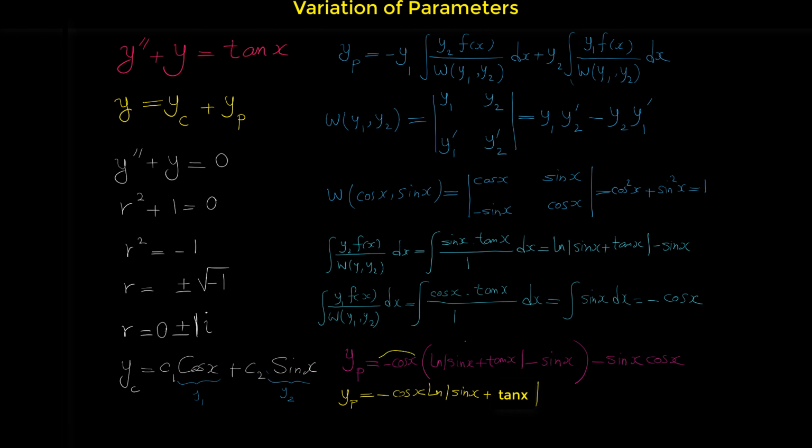Again, note that if we multiply this in the bracket, we have cosine x sine x and minus sine x cosine x. They cancel each other, so only this remains from the particular solution. So this is the particular solution,